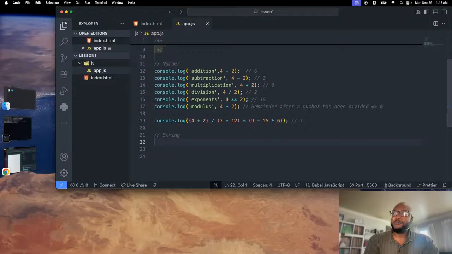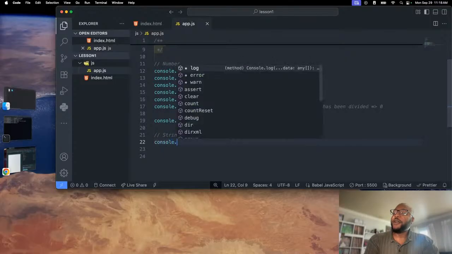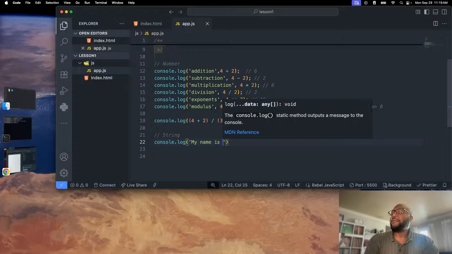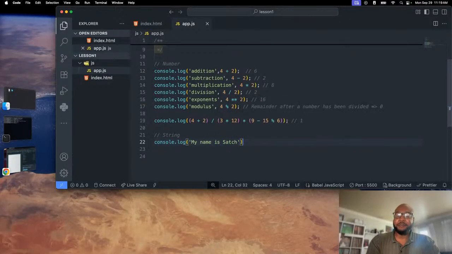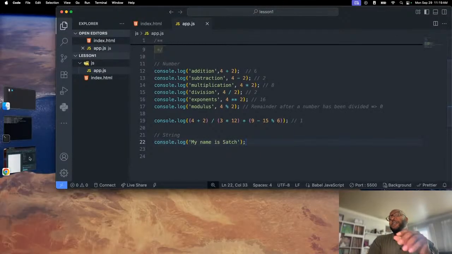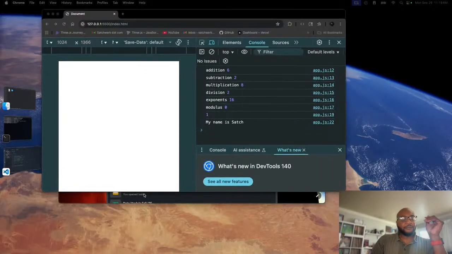Next, string. And we kind of looked at string, console.log. My name is Satch. So you do that, type your name in there, and it shows up on the console. So let's look here in the console real quick. What I see here, and this can be helpful,